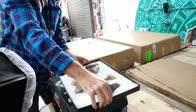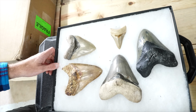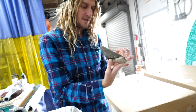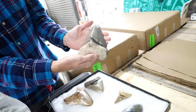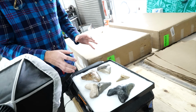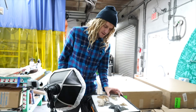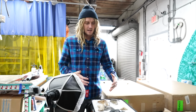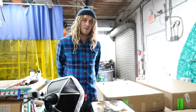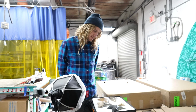This is the lot I chose. Some higher quality than others, all pretty large shark's teeth. I have really big hands too, so this doesn't do justice to how big some of these teeth are. But these are our options, and depending on the information I get on whether or not these teeth can be potentially damaged, that's how I'm going to assess and decide which teeth we're going to turn into casts